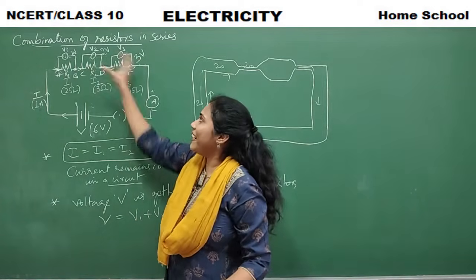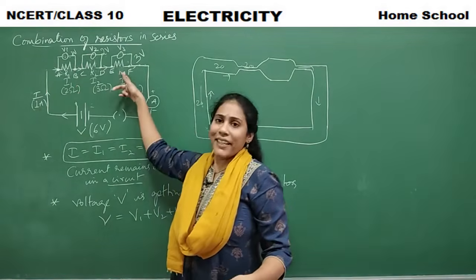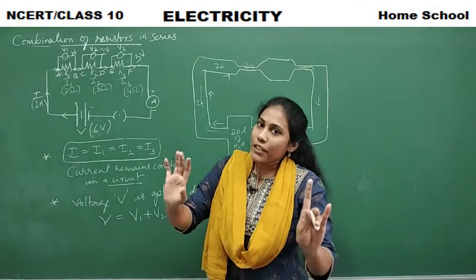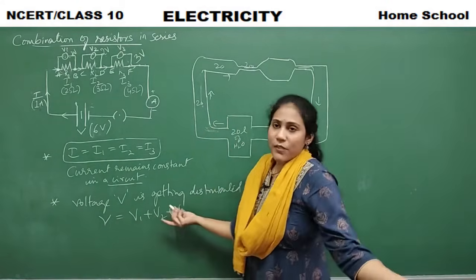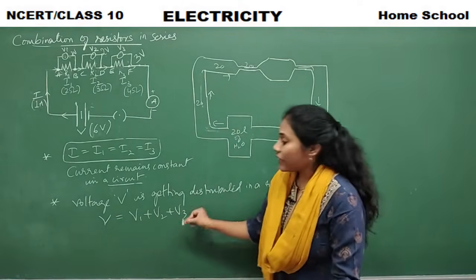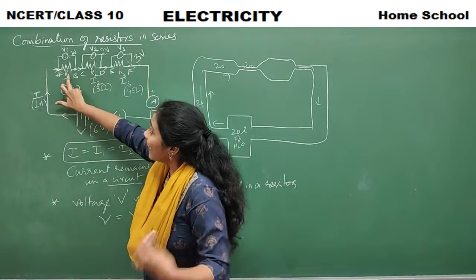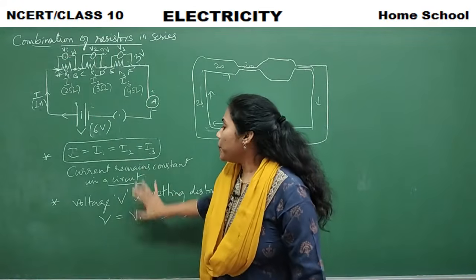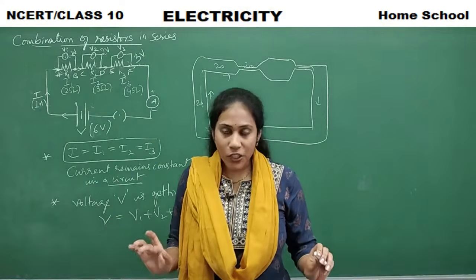You will not find extra voltage in a circuit. Whatever voltage you are giving, the same amount would be there. But it is distributed according to how much resistance is found in a resistor. So this is what you have to remember. Always remember, total voltage is always equal to V1 plus V2 plus V3 only. You will never observe V1 equal to V2 equal to V3. No. The amount of voltage that you observe depends on the amount of resistance that a resistor has. So these are the 2 points you have to remember, and they are very, very, very important from the board examination point of view.